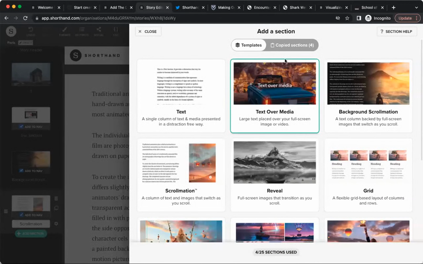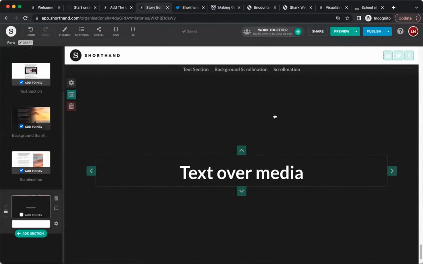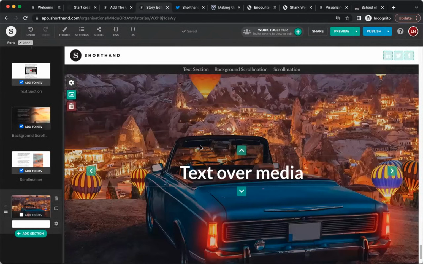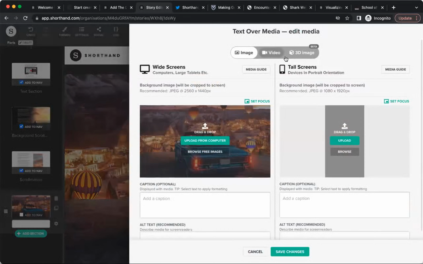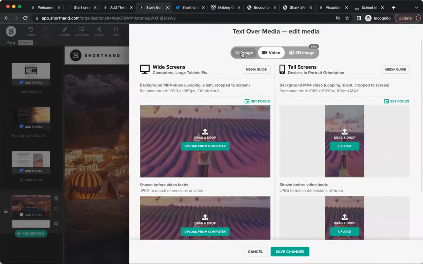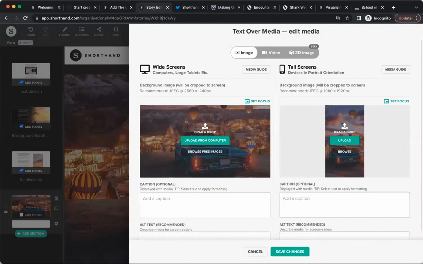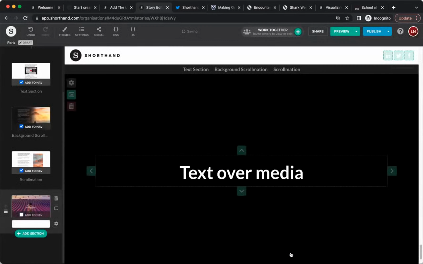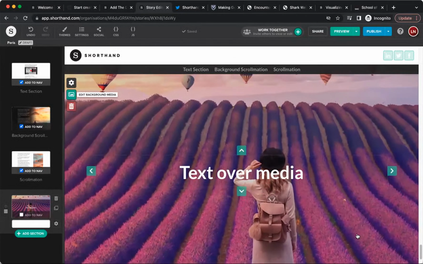So next, we're going to go ahead and go back to this text over media, because I really love this section. It's pretty straightforward in that, again, it's just big text over background media, which can either be, again, the image, a video, or that 3D image. So we'll go ahead and include video here. So again, that's going to play in the background